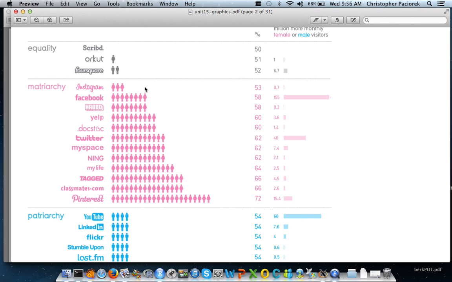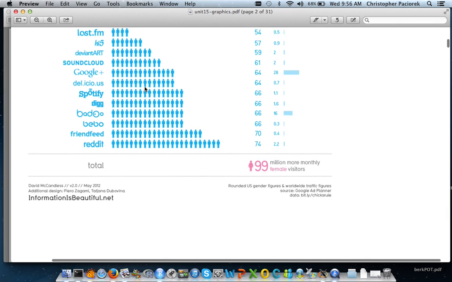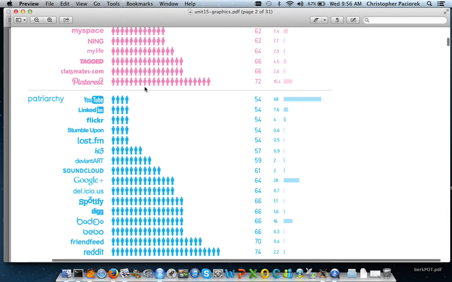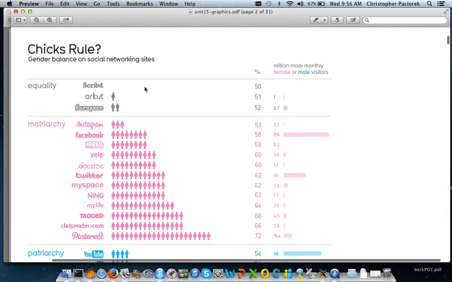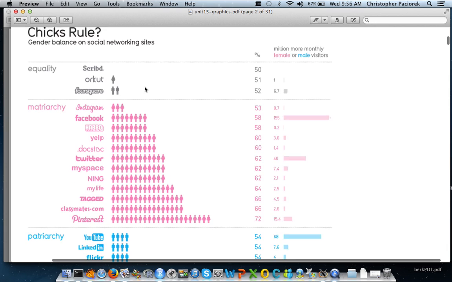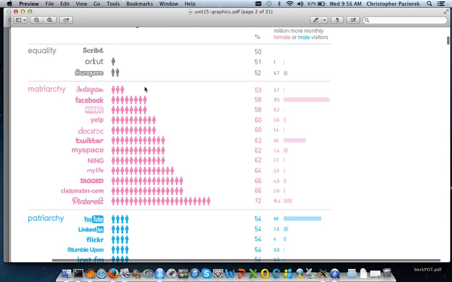So I think what Jeff was thinking, I guess, was that we might put the equality one as the bars here, and then we'd have Instagram, Facebook, and so on, up to Pinterest, and then going down this way we would have YouTube, LinkedIn, and so on, going down to whatever the most extreme men's one is, Reddit in this case. Okay,